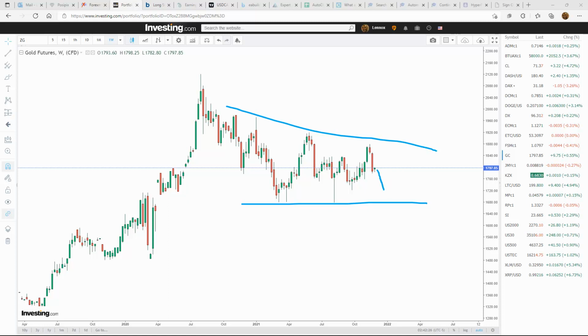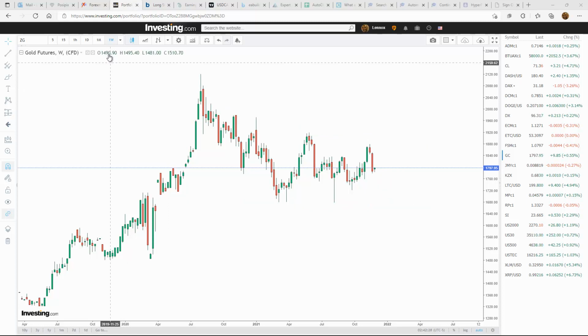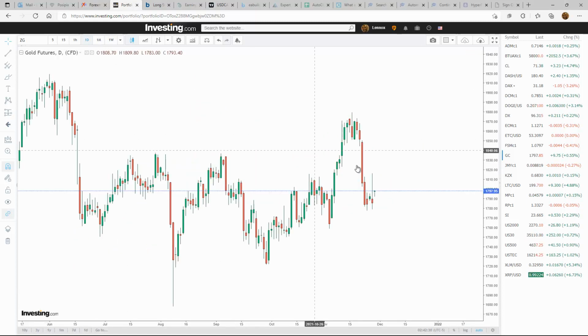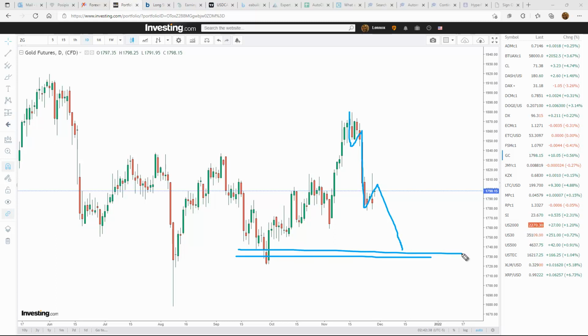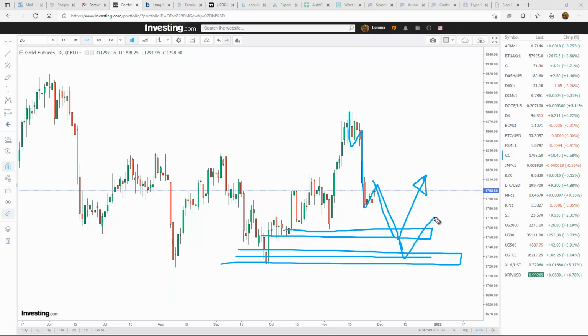So I'm looking for more weakness in gold as we go into the week, and this looks like it's going to play out as such. So that kind of structure like this will take us back down, could even take us right back down to the bottom area. Okay, it's possible it could just stall out here, but we're going to get a little bit of a down and then a push back to the upside. So two opportunities to buy gold low, if it in fact reaches that lowest point.